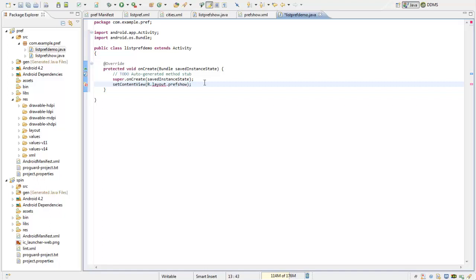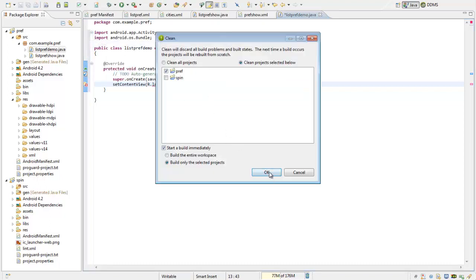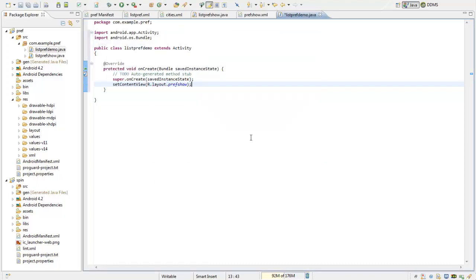It is not showing because this is the only layout in this, and so far it has not been recognized. So now it is. So we have set the content view to this XML file, which shows the text field and a button.